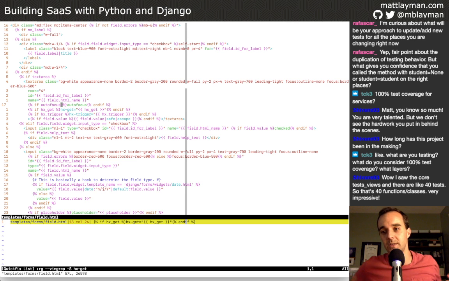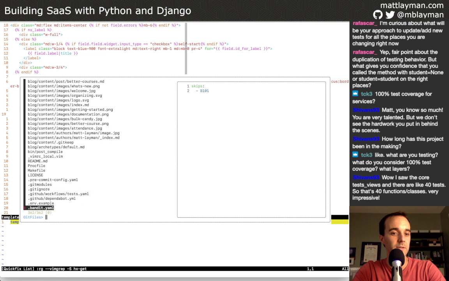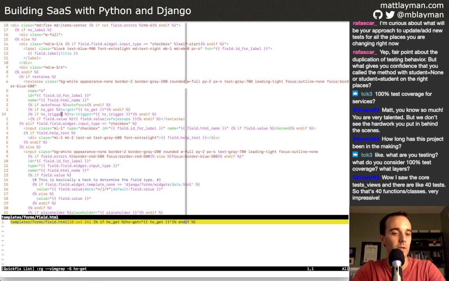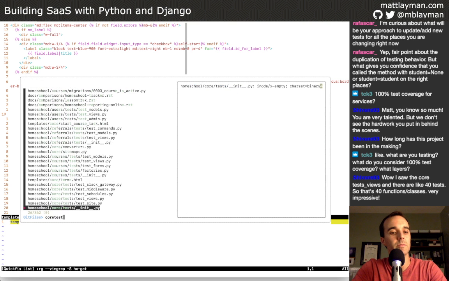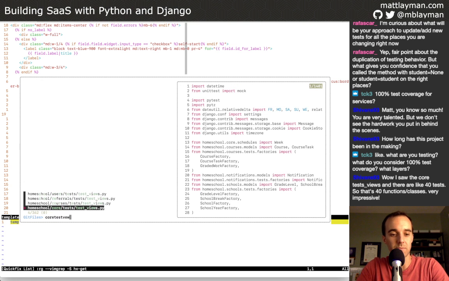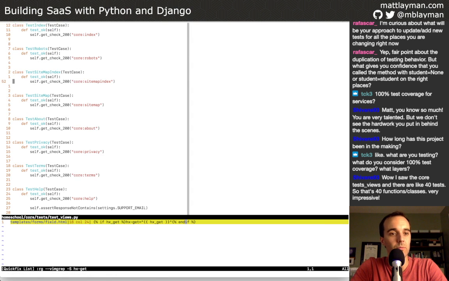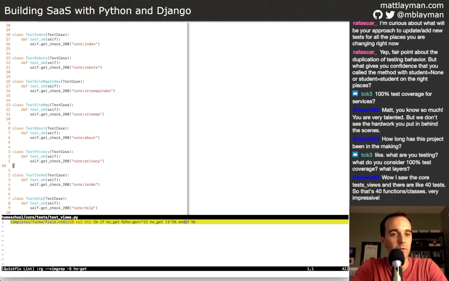Because I'm not going through all the layers. So to answer your question about what layers am I testing, I do quite a lot of unit tests where I can. So if I test model methods, you will see me get down to that level. I will also have a lot of, what can I show you? Core. So I will have tests of views where I will run through, or I'll use something like Django Test Plus, and some of these are really simple tests.